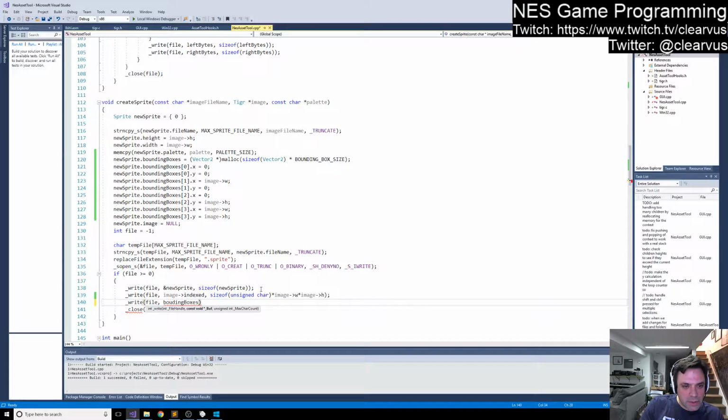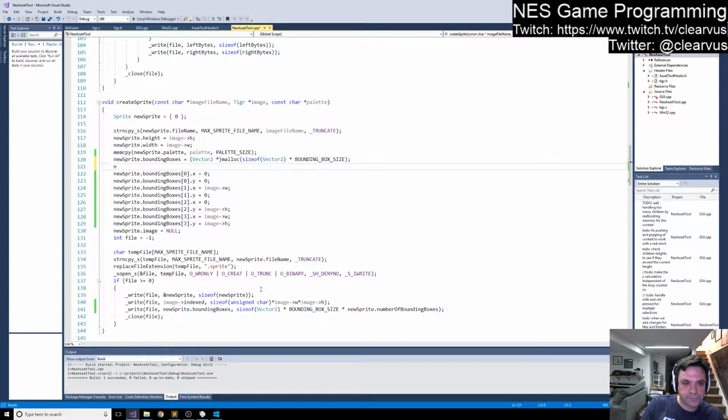so I want to write new sprite bounding boxes. That usually helps. And also spelling it right helps. So I'm writing that memory, and that's size of vector2 times the bounding box size times new sprite number of bounding boxes. I should probably set that to 1. All right, so that'll write the information, and if we